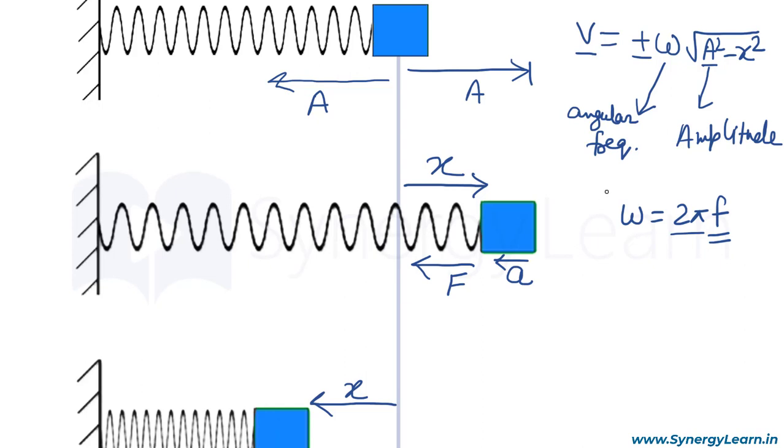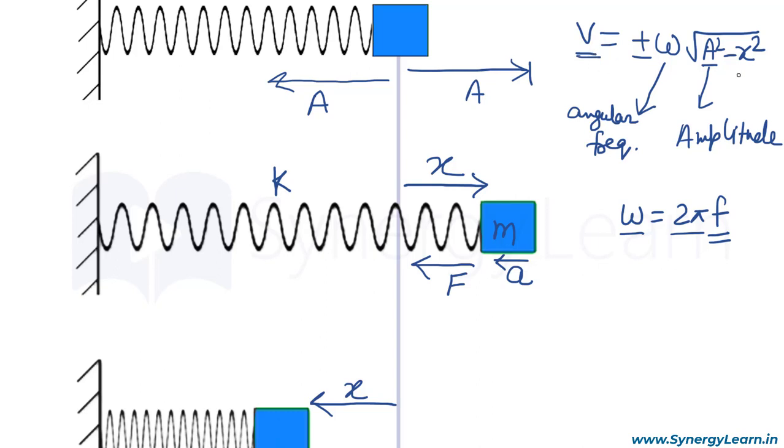frequency. In SHM, the frequency remains the same and it does not depend on the amplitude. That is, if you have larger amplitude, then the particle will adjust its velocity but will keep the same frequency and hence the same angular frequency. The term angular frequency is determined from the characteristic of the spring, which is its spring constant, and the mass of the block, which we will see in the next section.